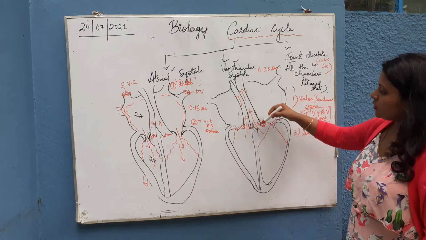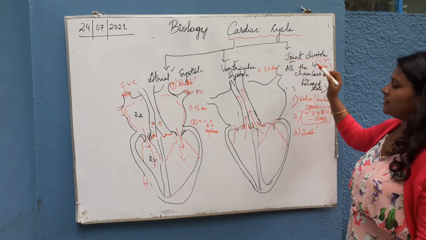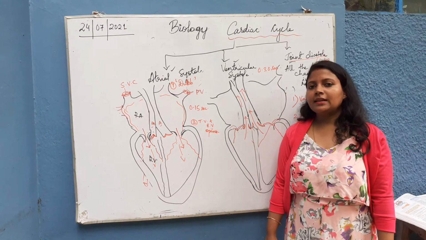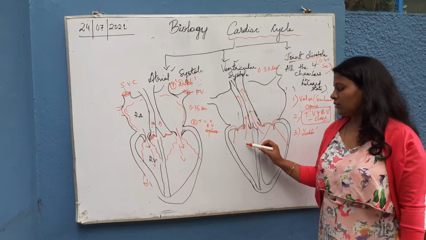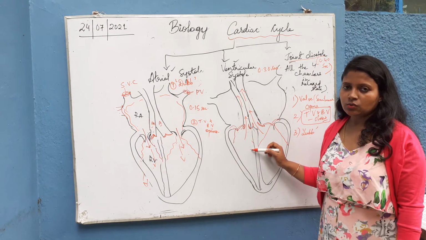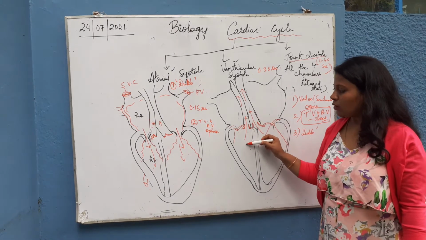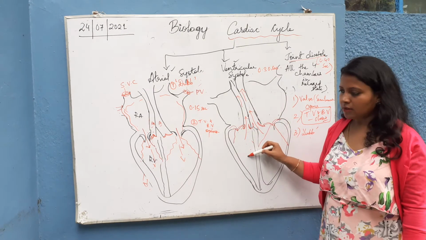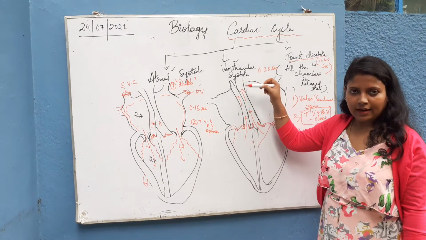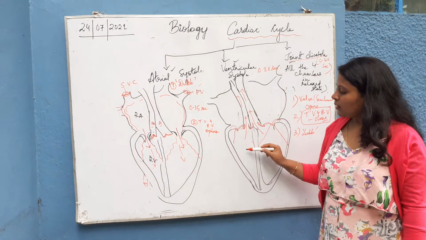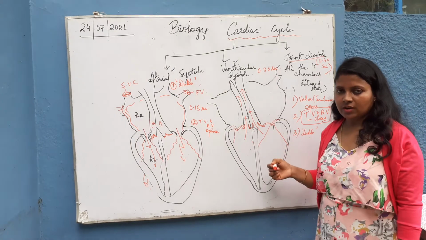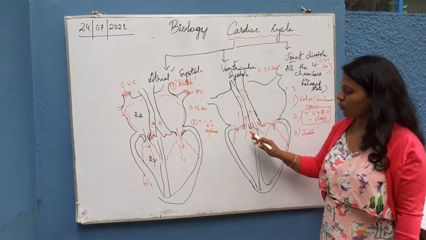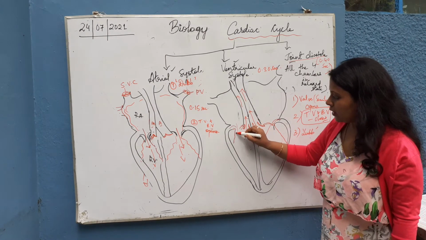Okay. So now the third one, let me say, joint diastole. So when does it occur? Joint diastole means all the chambers are in the relaxed state. So this happens at the end of the ventricular systole. What is ventricular systole? The ventricles were relaxed during the atrial systole, and after that they undergo the systole state to push the blood into the aorta and the pulmonary artery. But now at the end of the ventricular systole, all the chambers will be in a free state because the blood flow will take place in the joint diastole like this.